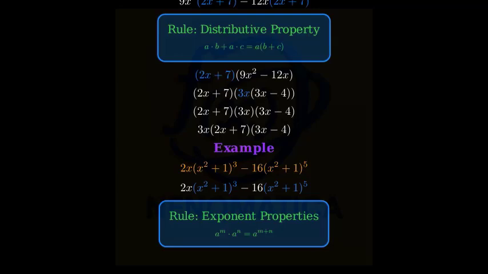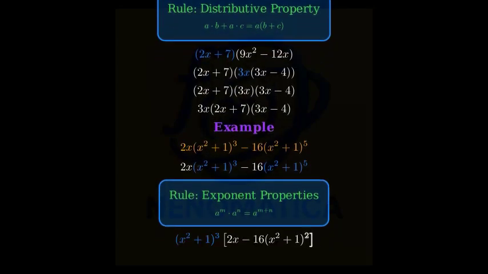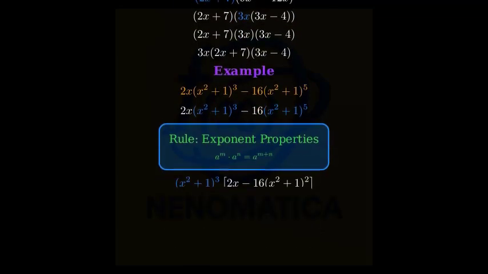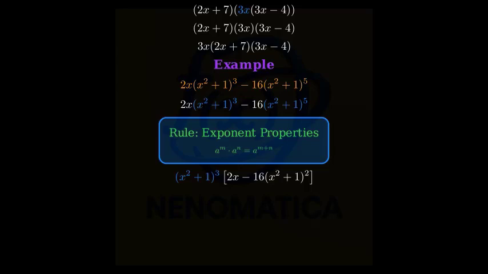And similarly, for the second term, we can write the quantity x squared plus 1 to the power of 5 as the quantity x squared plus 1 to the power of 3 times the quantity x squared plus 1 squared. Now we can factor out the common term, the quantity x squared plus 1 to the power of 3 from both terms. So our expression becomes the quantity x squared plus 1 to the power of 3 times the quantity